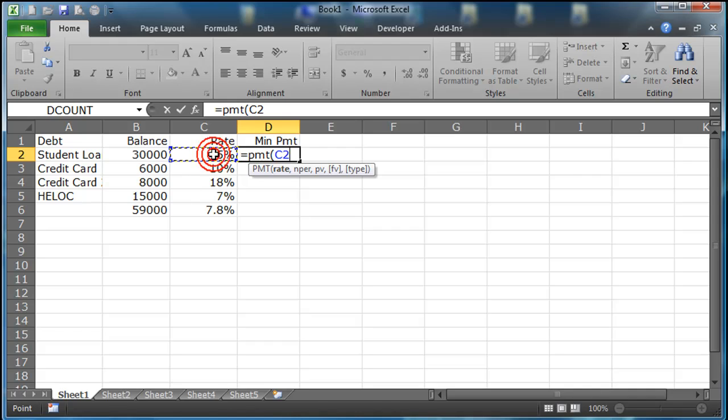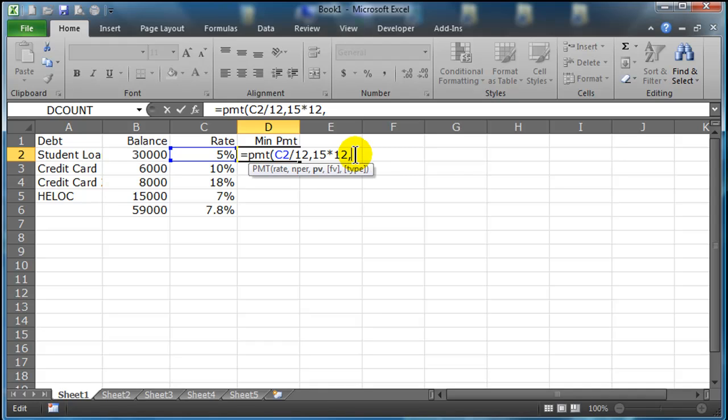I'm going to take my interest rate and I'm going to divide it by 12. Then the number of periods. Now I don't have a cell that lists the number of years, but let's assume for your student loan, let's say it's a 15-year student loan or something like that. Sometimes they're bigger. So I'm just going to go ahead and put in 15 times 12, and that'll get the number of months. See, I'm putting all this in months because the minimum payment is going to be a monthly payment. So I've got my interest rate divided by 12 to give me a monthly rate. I've got the number of years times 12 in order to give me the number of months, comma, and then